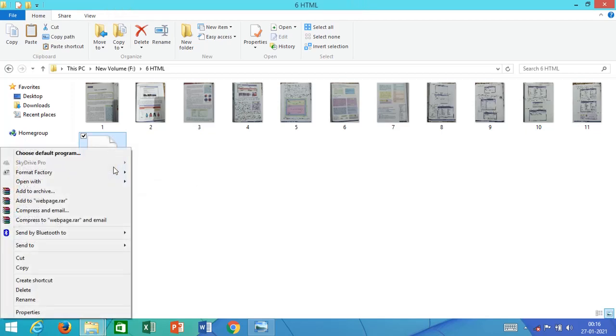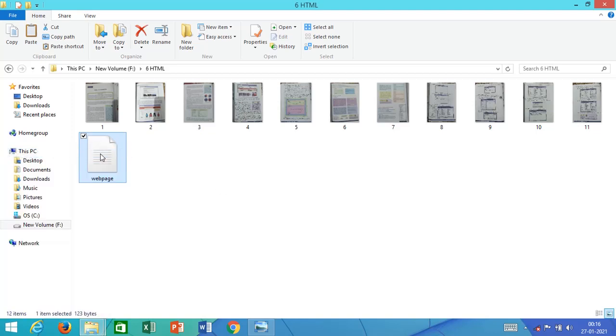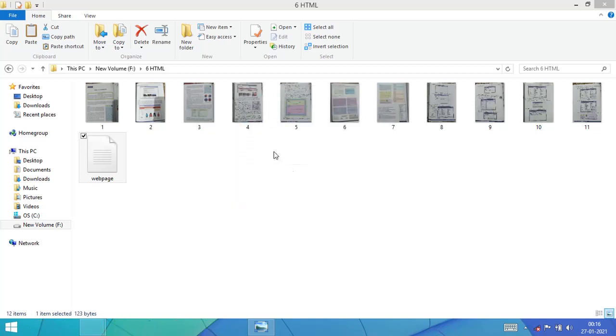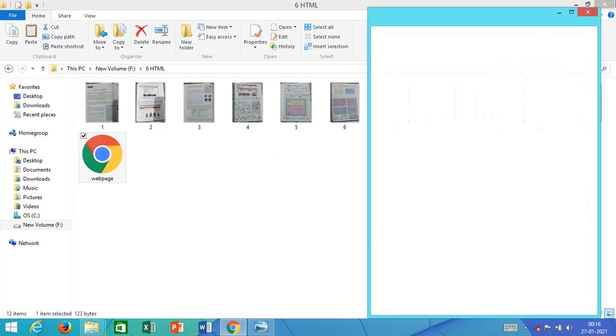Now what I need to do is open this file using a default program. Now, what is my default program? Let me see. These are the programs in my computer I am having for HTML. So I will use Google Chrome, let us say. When I clicked on Google Chrome, see how the icon became.